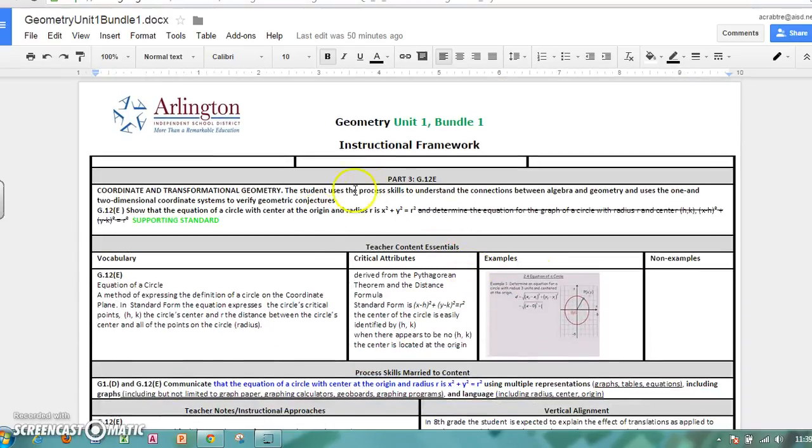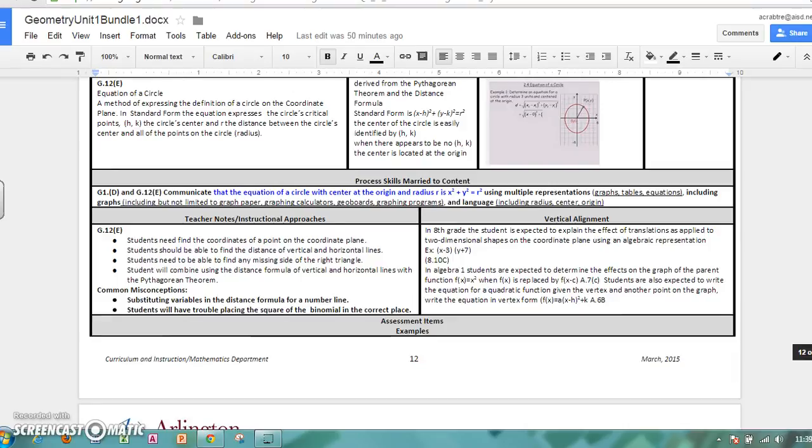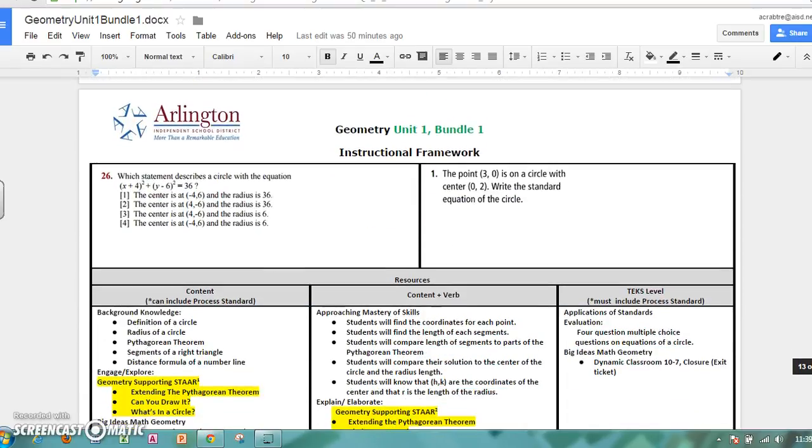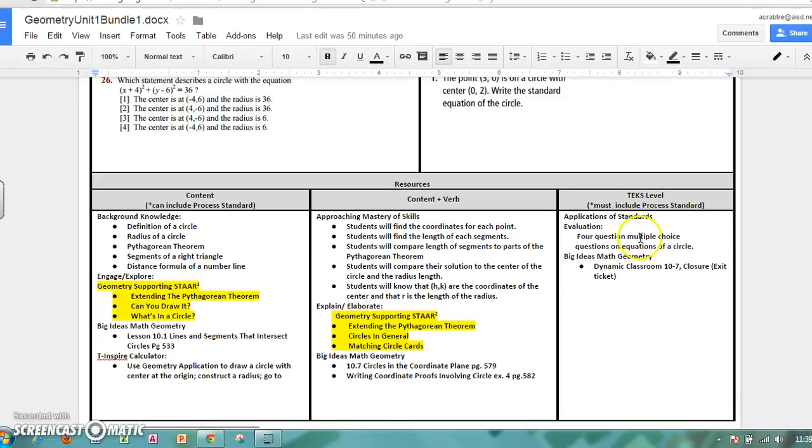Then we have Part 3, which goes over the same information. All right. That concludes instruction on the parts of our